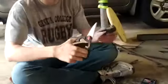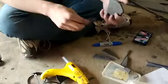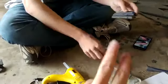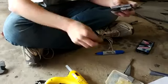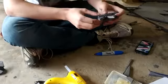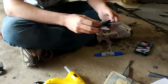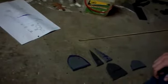They're going to move back and forth like pincers. So this is what we're going to do. We're going to make it top and bottom, and then we are going to sandwich these two inside of there. So this is how we're going to make our movable claw-like thing that goes on the front of the